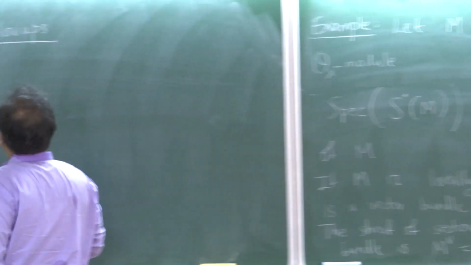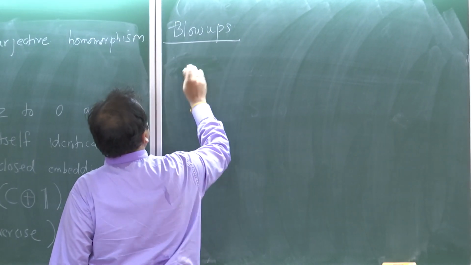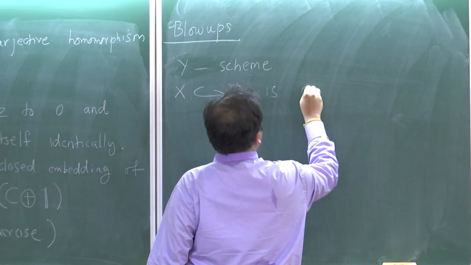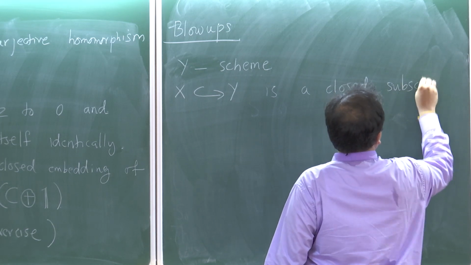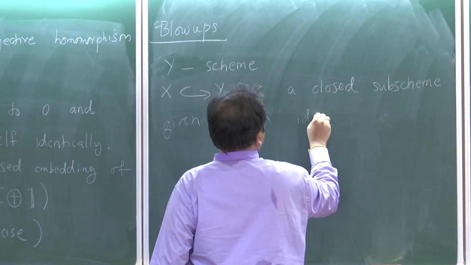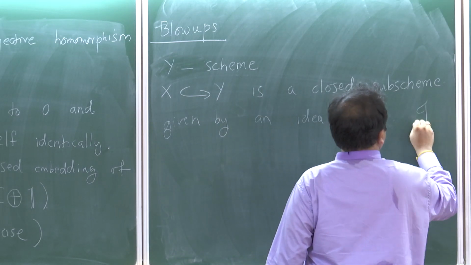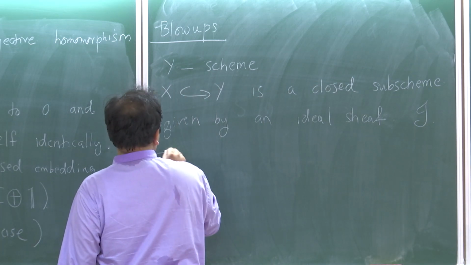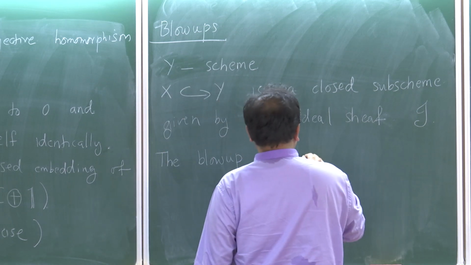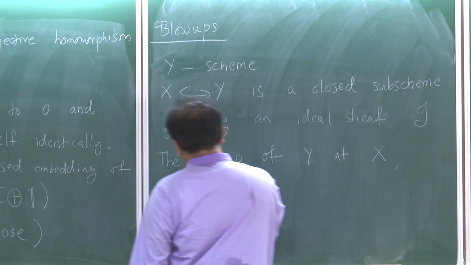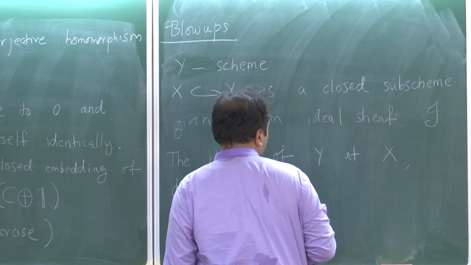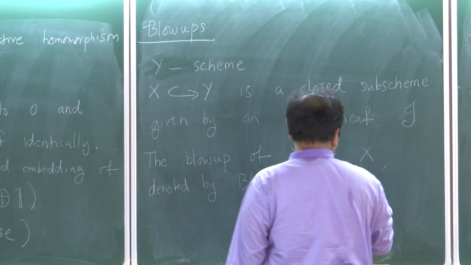I'm just reminding you that, let's say Y is a scheme, and X in Y is a closed subscheme given by an ideal sheaf, say I. Then the blow-up of Y at X, denoted by Bl_X Y, is the Y-scheme